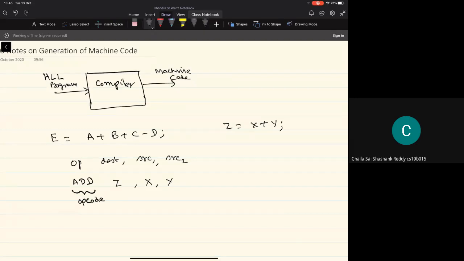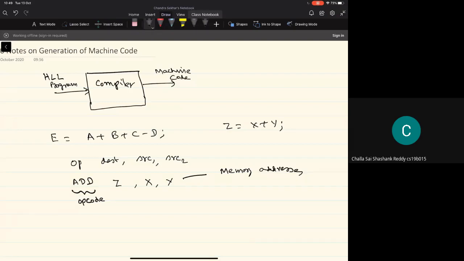Then how do we specify the operands here? What we require is actually the values of the source operands that can be given as input to the ALU, and the ALU will generate the result, and that result has to be put in the variable z. But where are the variables available to us? All these variables will have some memory addresses associated with them, right?